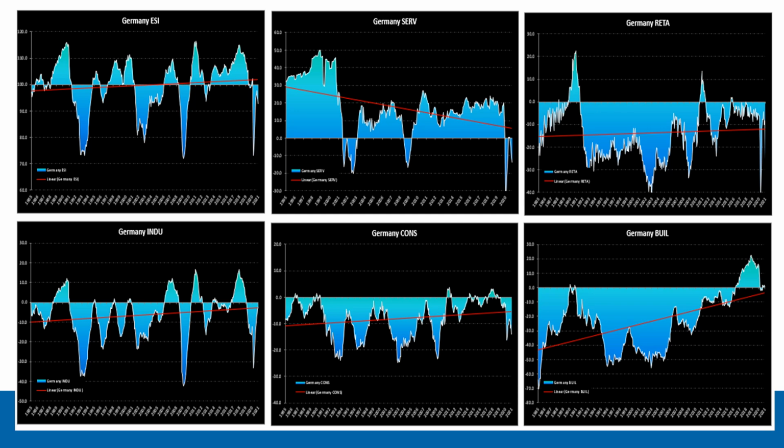And then the service sector recovered very quickly and stayed recovered in terms of positive sentiment all the way up until 2020. The same can't be said for the German manufacturing sector, which exhibited periods of negativity even during the 2013, 14, 15 period. So the service sector was definitely contributing more positively to the German ESI than German manufacturing coming out of the financial crisis, which would surprise many because in many people's minds, Germany's a big manufacturing hub.